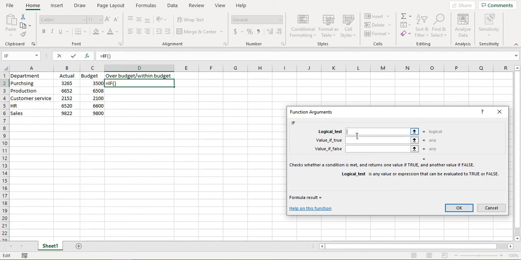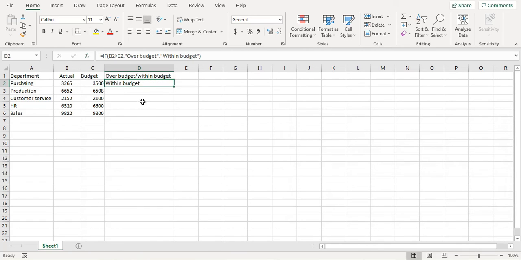We would like to define if actual is bigger than budget. Choose B2 bigger than C2. If it is true, it's over budget. If it's false, within budget. Now let's click OK. Then you can copy the formula down or move your mouse to the right bottom corner